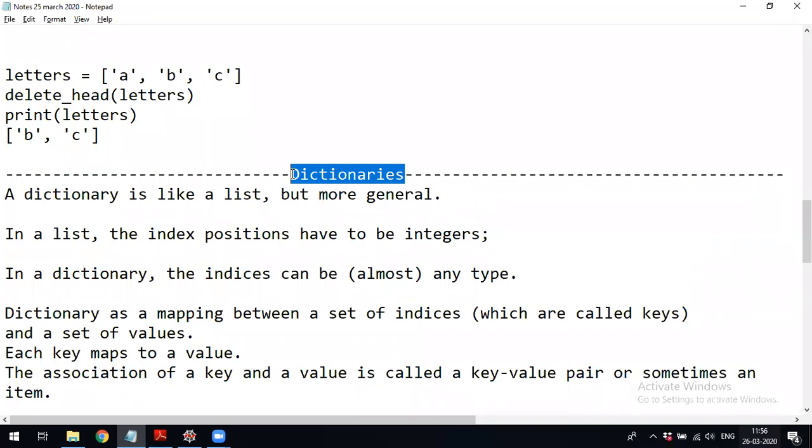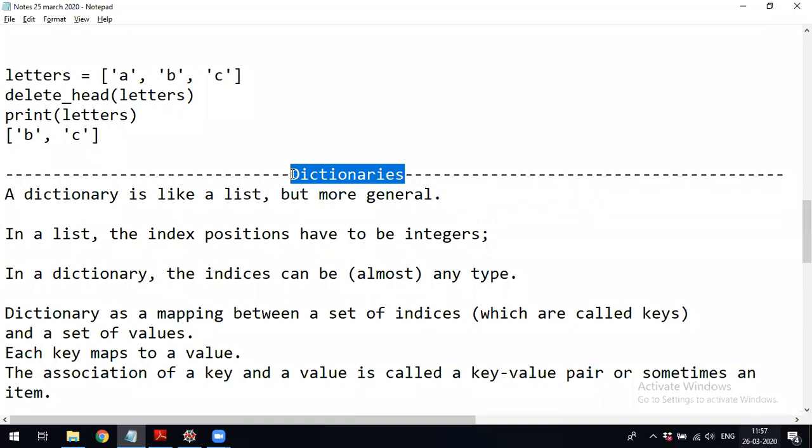In the list, every index stores a value, and these indexes are always integers: 0, 1, 2, 3, 4, 5, 6. But in the case of dictionaries, the indexes are keys, and they can be of any data type. For any key, there should be a value. There is an association of a key and a value.